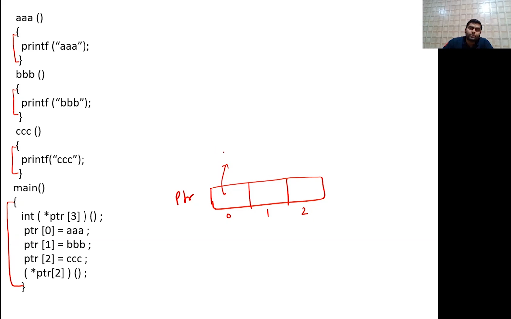Each element will point to a function. So this is the impact of this line.